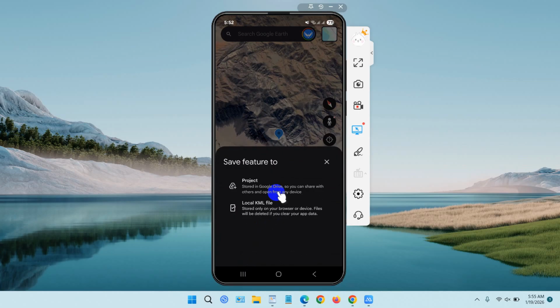Okay, you can see there are two options. The project can be saved on a local KML file or on Google Drive. We recommend you use Google Drive because you can synchronize your account between the desktop and Android, and also you can share them with other friends. Okay, just click here,